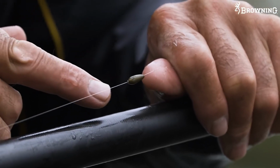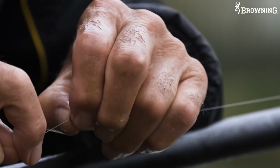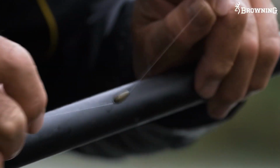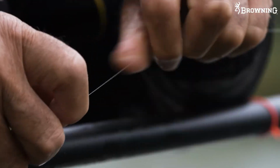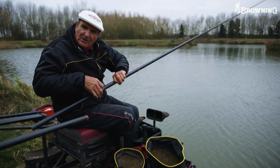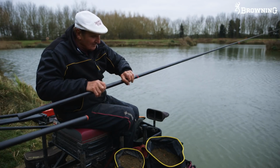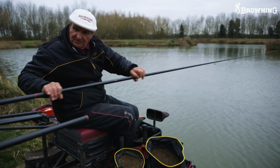there's a piece of silicone through the middle, and then I've plugged it with carbon so I can move it. If I want, I can just move that Olivet so easily, but it won't move when I'm catching fish. But if I get hold of that, I can move it up and down the line. But when you're catching fish, it stays still. You don't want the Olivet bumping about. And then up to the float,